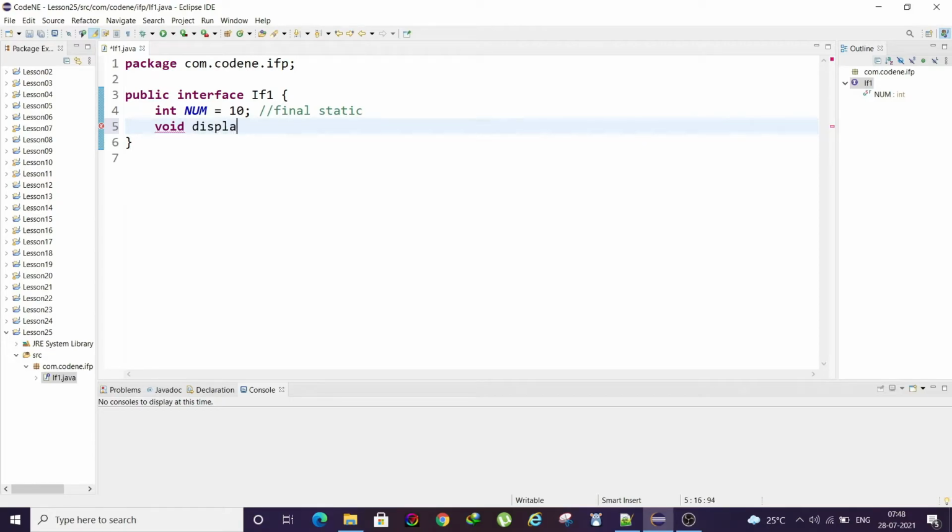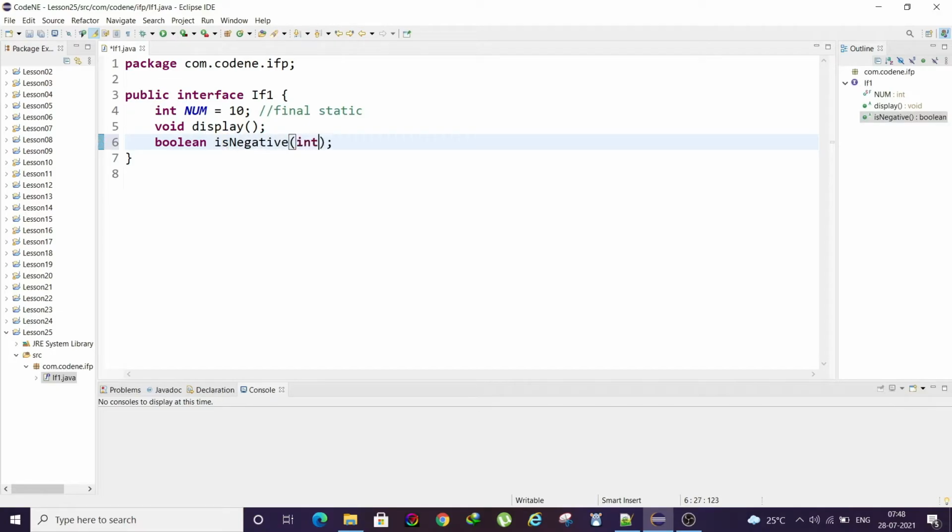That means your method cannot have a body. You can simply declare the method that needs to be implemented in your subclass. For example, you have something like boolean isNegative, and then it will take int i.